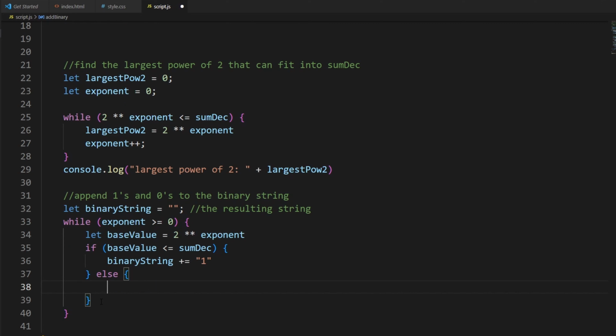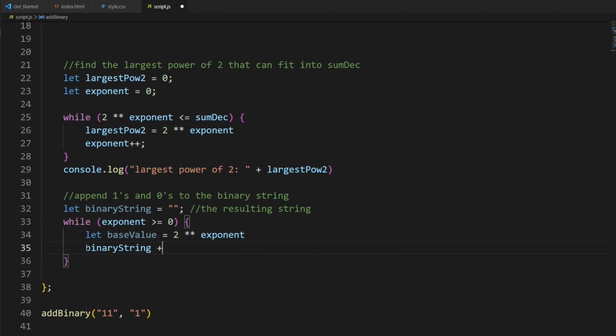So, alright, let's make it a ternary value. So binary string append if the base value is iterate that. Append 1 if it's smaller or equal, or else append 0 if the base value is larger than that, or else it won't fit. No, I have to do, I'm gonna do a ternary value because I want to do something if it's not equal,